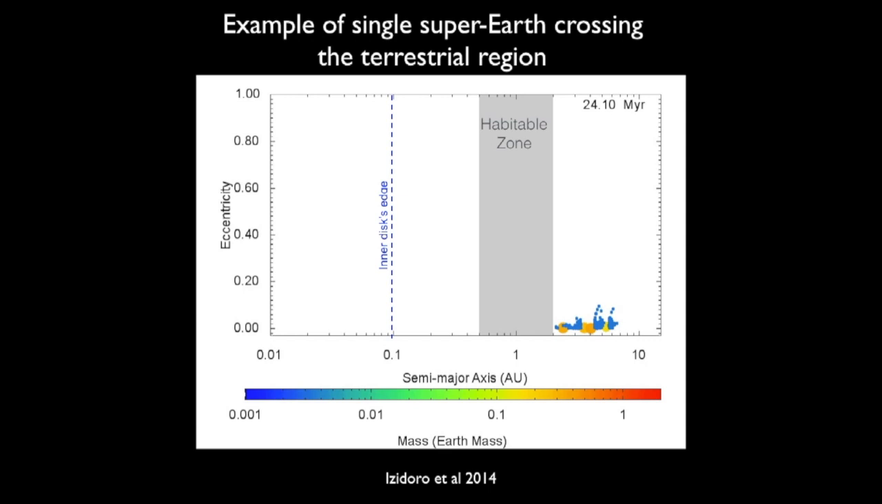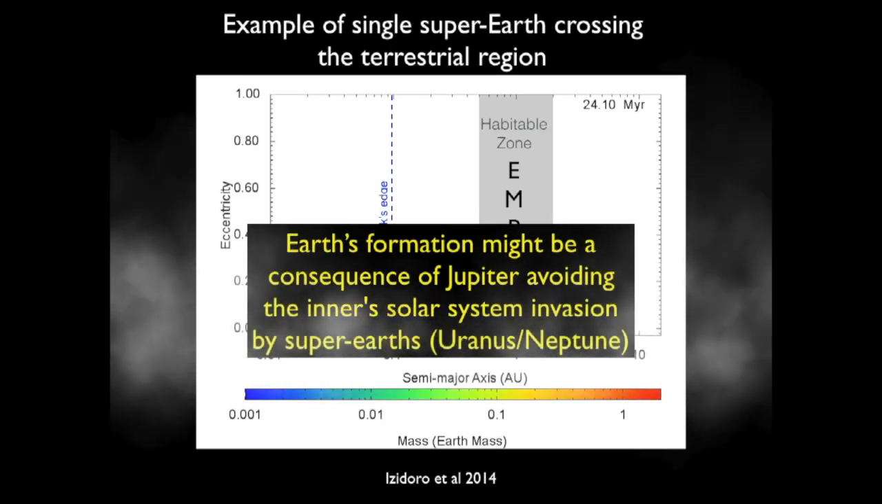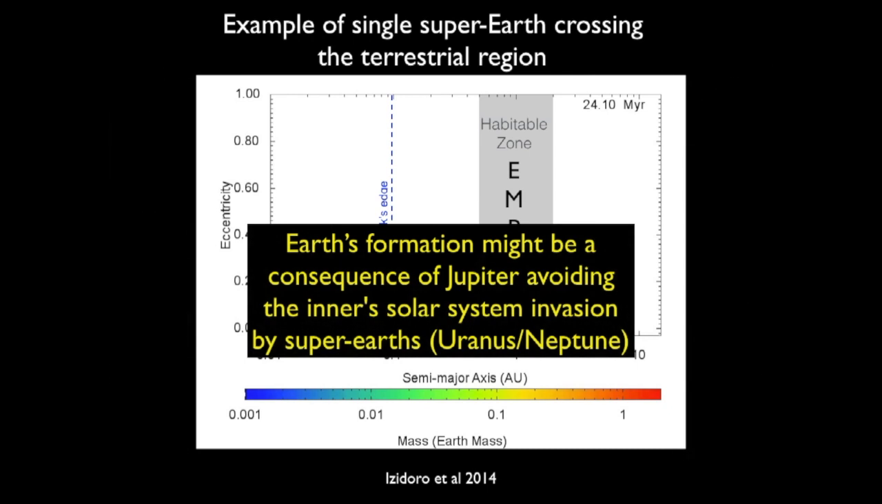So after the gas disk dissipates, there's basically nothing to form in the terrestrial zone. Of course, this is just one possible evolution for the super Earth. If super Earths migrate really, really fast, then maybe you can avoid this kind of outcome. But here you cannot form an Earth-like planet, of course. So Earth's formation might be a consequence of Jupiter avoiding the invasion of the inner solar system by super Earths,